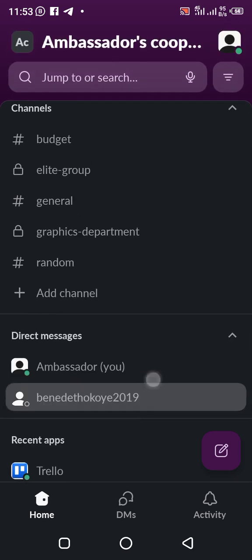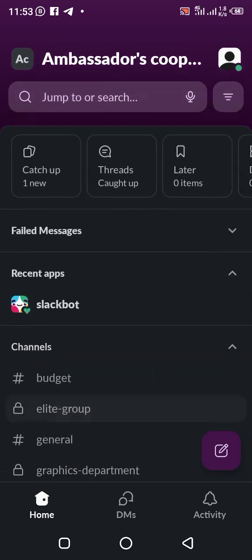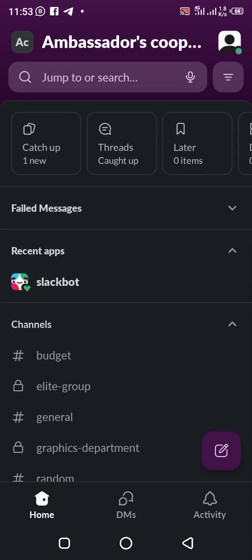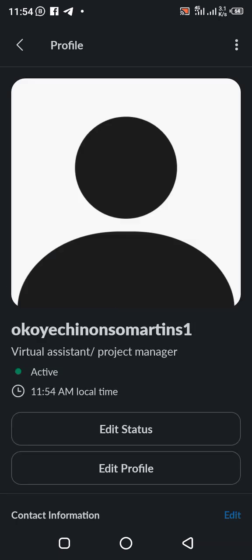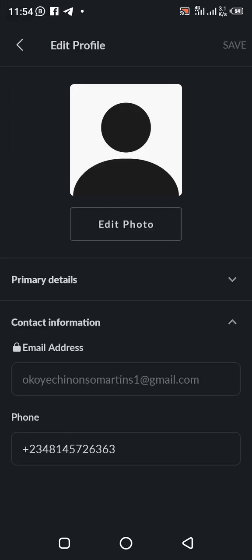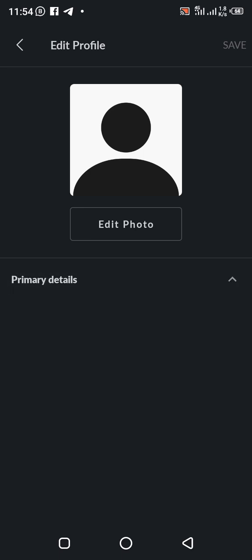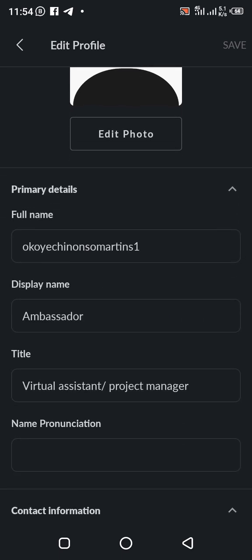And for every colleague, every worker that has been onboarded into the company's workspace, your duty is to set up your profile. You can see this image, I just click right there. You set up your profile. You can click view profile and edit the profile. Make sure you put your picture so that all your team members will see your beautiful faces. You can put all your primary details and all that, your name,